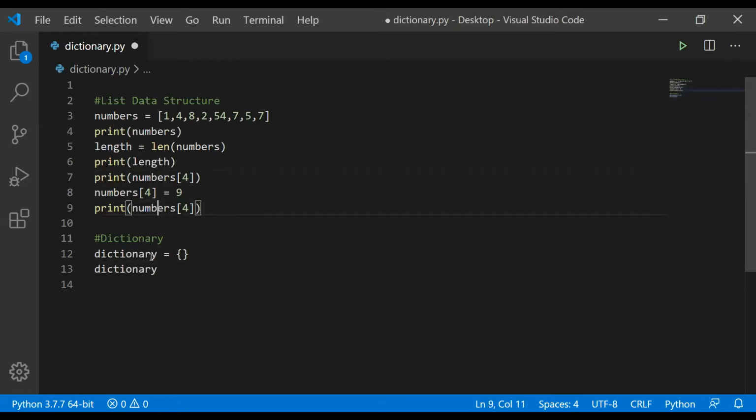Now we noticed right here on line number 8 that I could say like numbers bracket 4 equals 9. You can use that same notation to say dictionary bracket something equals something else. Except you can do a little bit weirder thing with dictionaries. You could use a number. Actually, I'll start with a number just to demonstrate that. So dictionary 4 equals, and then I'll say after 3 and